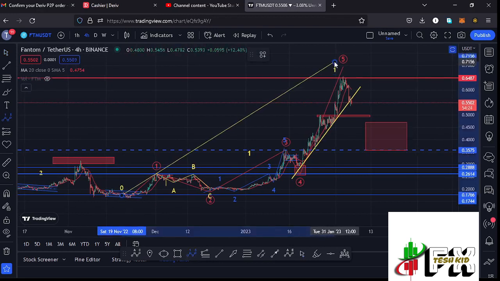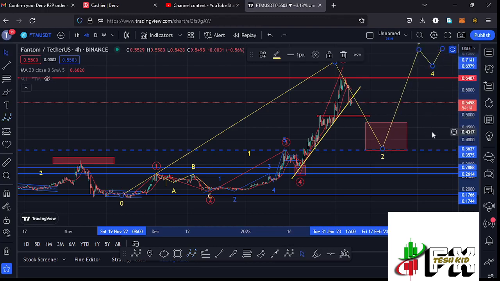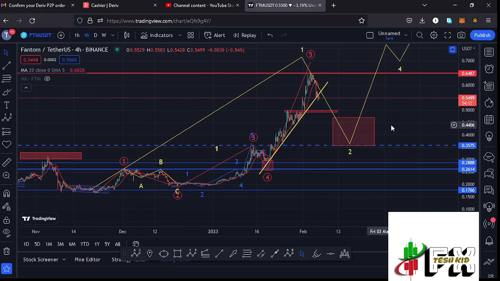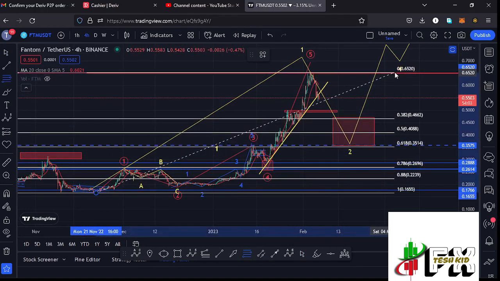And after seeing the formation of a larger Elliott wave count 1, what we expect next is a corrective structure in the formation of a larger Elliott wave count 2 before we can expect a wave 3, then a wave 4, and then push even higher in the formation of that wave 5. Sketching out a minimum target area to the lower side in the formation of this wave 2 by connecting the Fibonacci from the low of the first wave to the high of that wave 1,